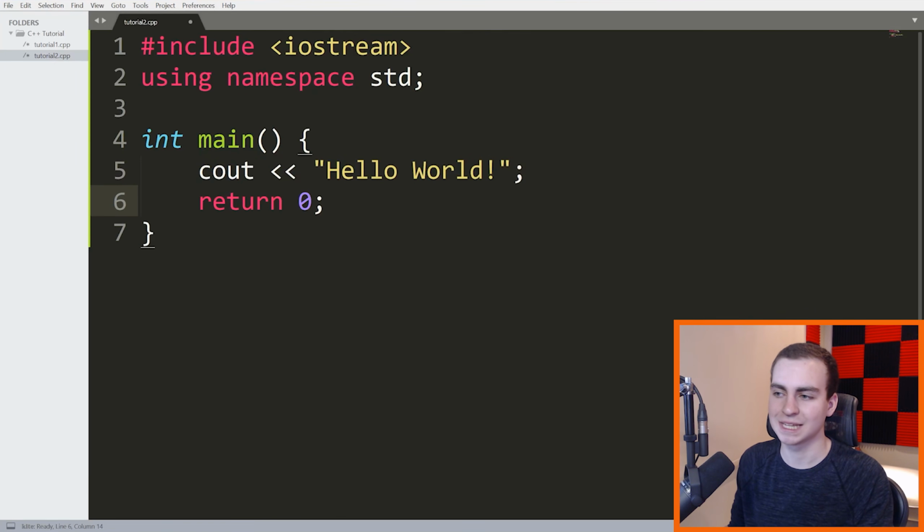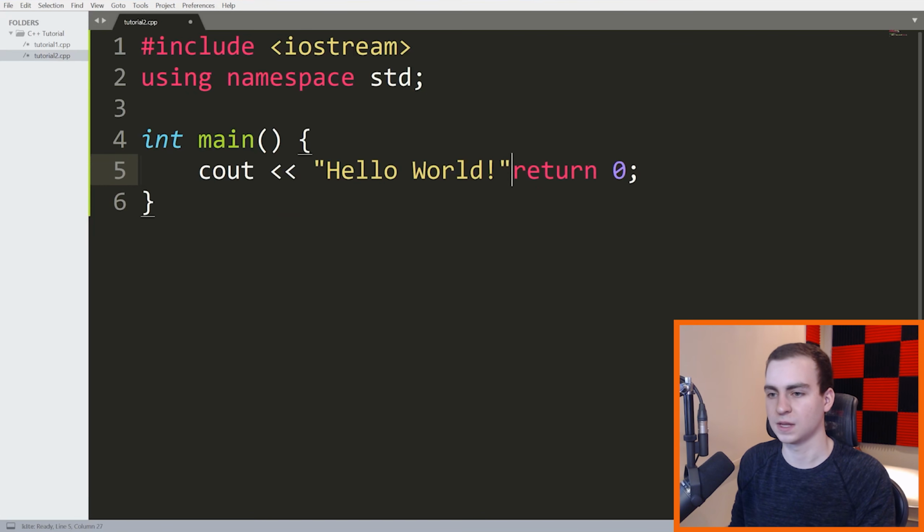Now, the reason you need this is because the compiler reads lines of code one at a time. So what I mean by this is we would say this is one line of code, and this is another line of code. Now, if I forget this terminator, what's going to happen is even if these 2 things are on separate lines, the compiler is going to read them like this. It's going to squish them both together because there's no terminator between this return and this cout. So that's going to cause an error. The compiler is not going to know what to do with this because this here is not a valid command. You can't write this. This isn't valid.